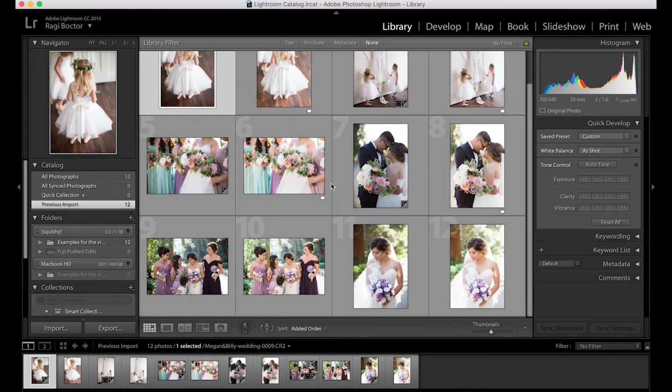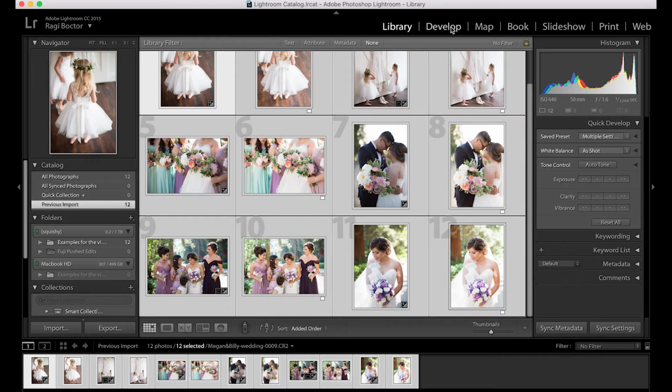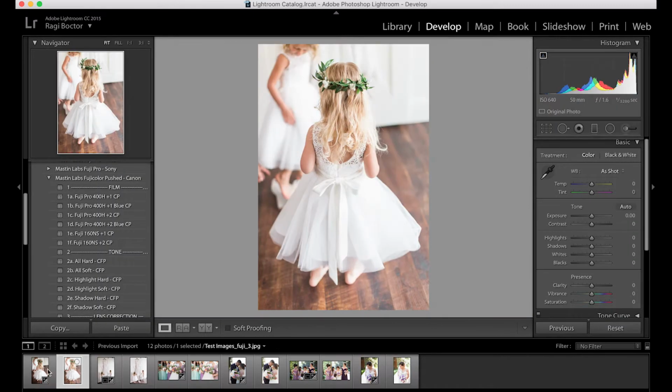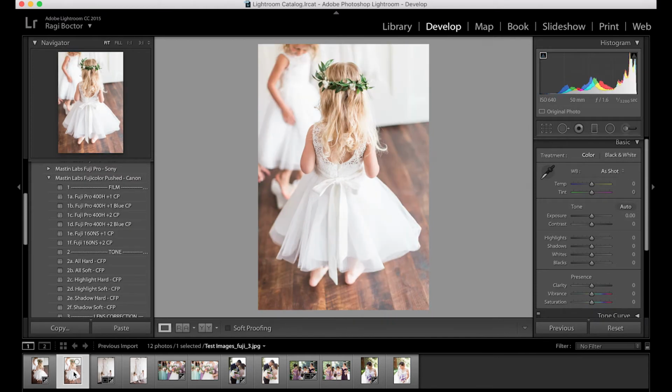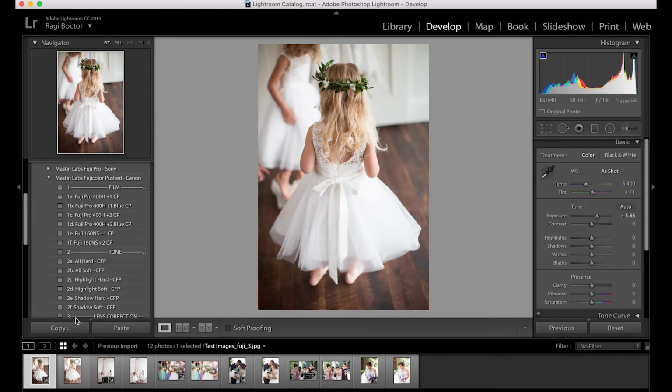So first things first, let's select all the images that we're going to edit and hit the developer module. So I've got these organized side by side just so that we can see the difference. This is straight from the camera right here, and this is the JPEG version that I've already made with the Fuji preset. So we're going to take the original camera raw image, we're going to apply the pushed Fuji preset